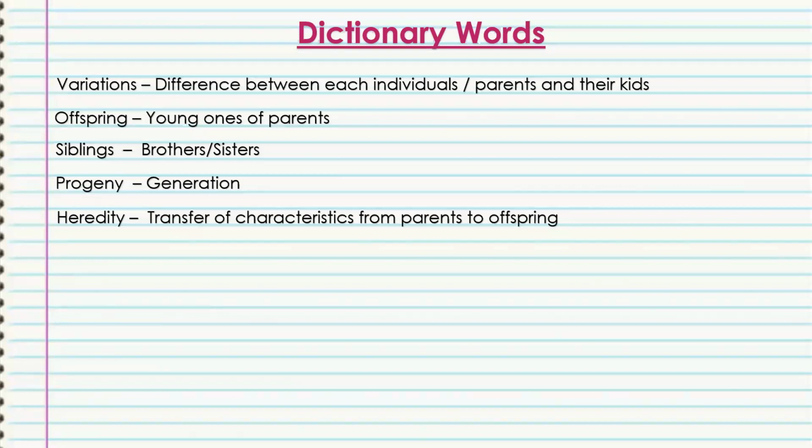Okay, there is a doubt in the chat box. What is the meaning of prodigy? Actually, it's not in the syllabus, but the meaning of the word prodigy is a person with an extraordinary talent. No, you cannot use the word progeny instead of offsprings. Offsprings meaning the newly born, or you can also refer to it as someone's child. When I mean the word progeny, I am referring to the entire generation.